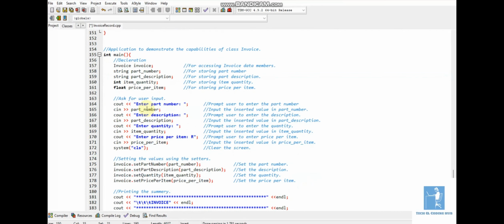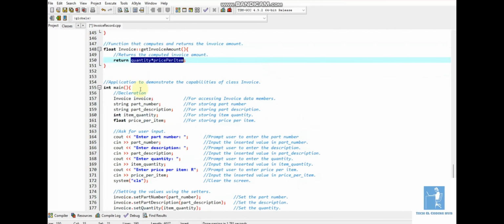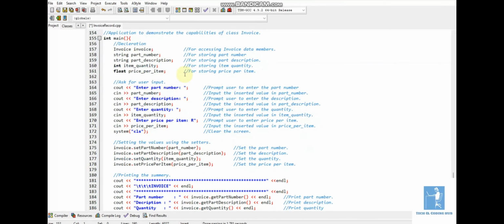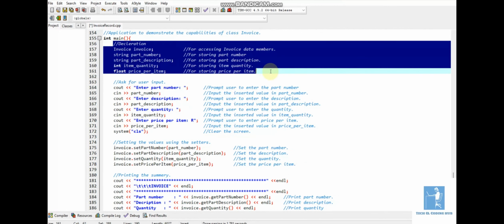Now we will start our main function to demonstrate the capabilities of our invoice class. Now we have our main function. In our main function we have the declarations here. Here we declare all